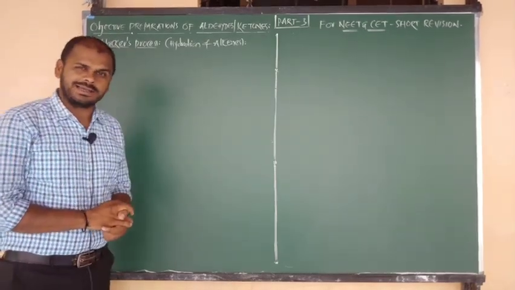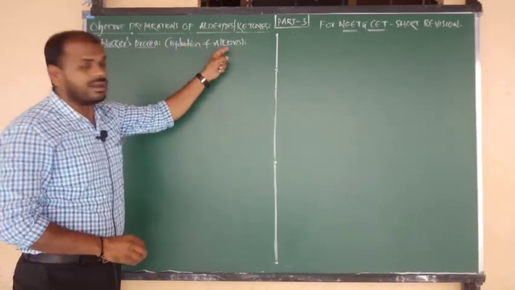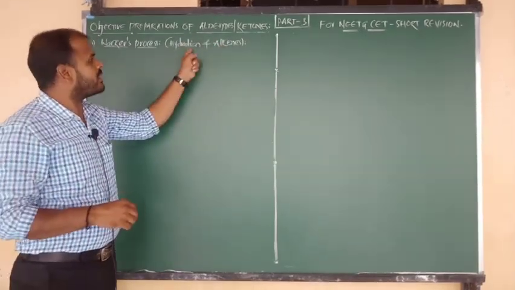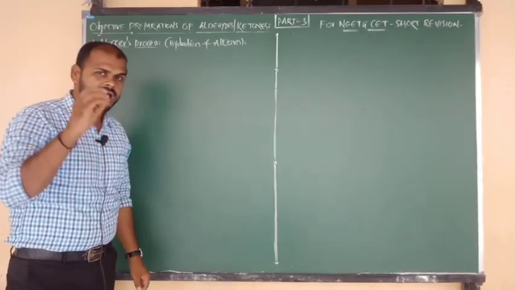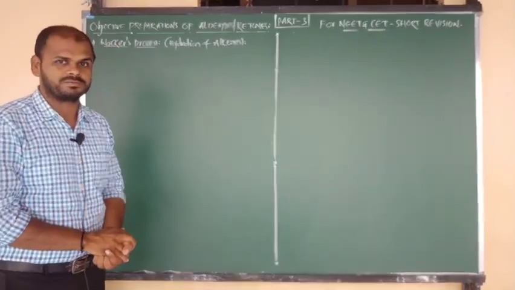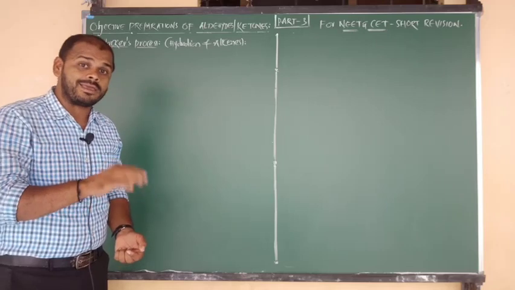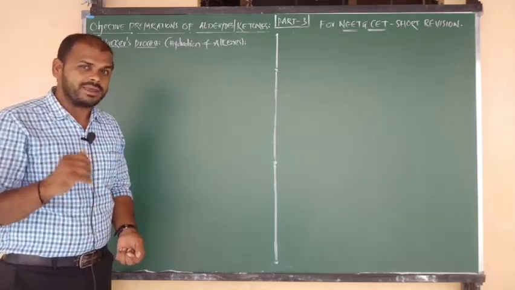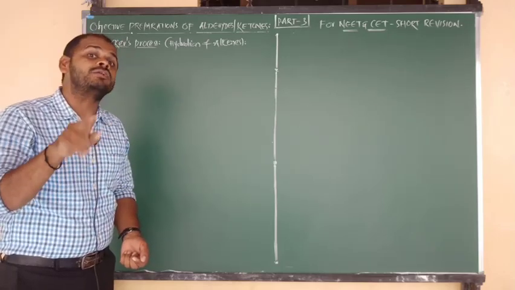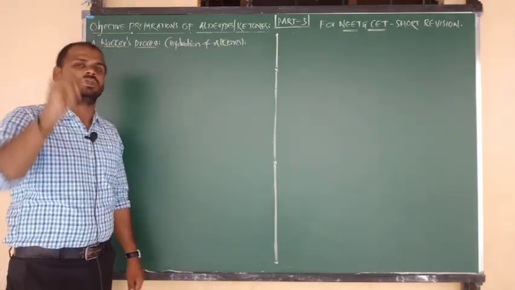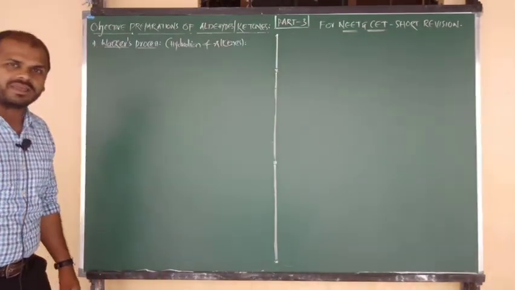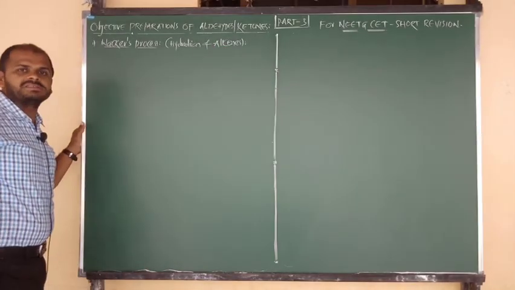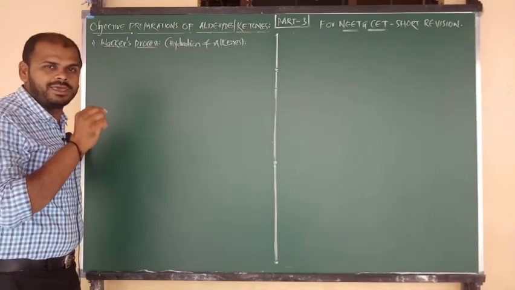Walker's process is nothing but hydration of alkene that is going to occur in this reaction. What do we have to do to the alkene? We have to do hydration, nothing but addition of a water molecule. Symmetrical alkene and unsymmetrical alkene, two different cases have to be considered. One case will lead to aldehyde and another case will lead to ketone. Hydration of alkenes. Let me consider first of all a symmetrical alkene.